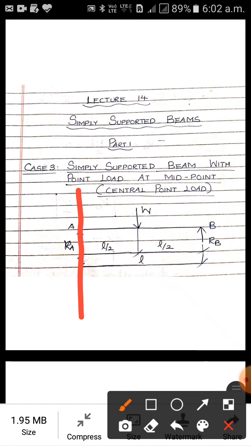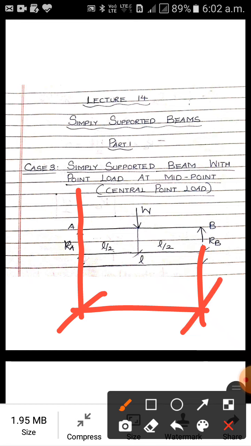RB. So what is the distance of RB? RB into L. Okay. So we know the moment is RB into L. That is the first force. And rotate RB about A. So this is how you can rotate. So what is this? This is anti-clockwise, right? The direction is anti-clockwise. So minus RB into L. Okay. Minus RB into L, that's the first one.